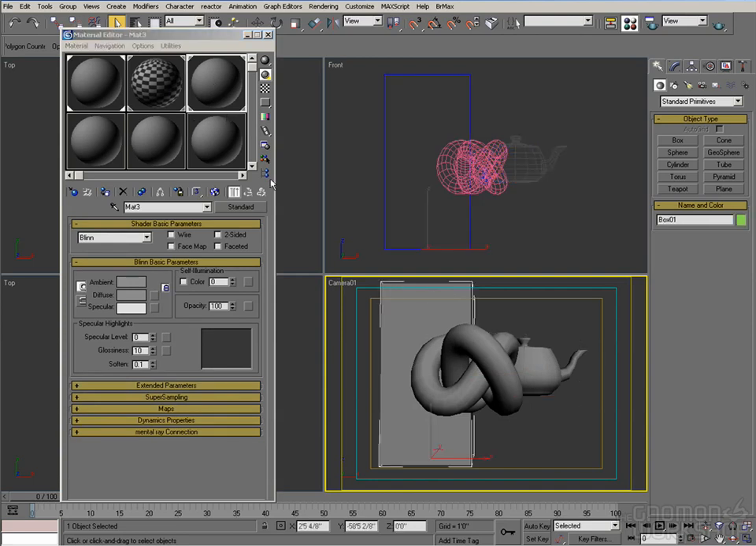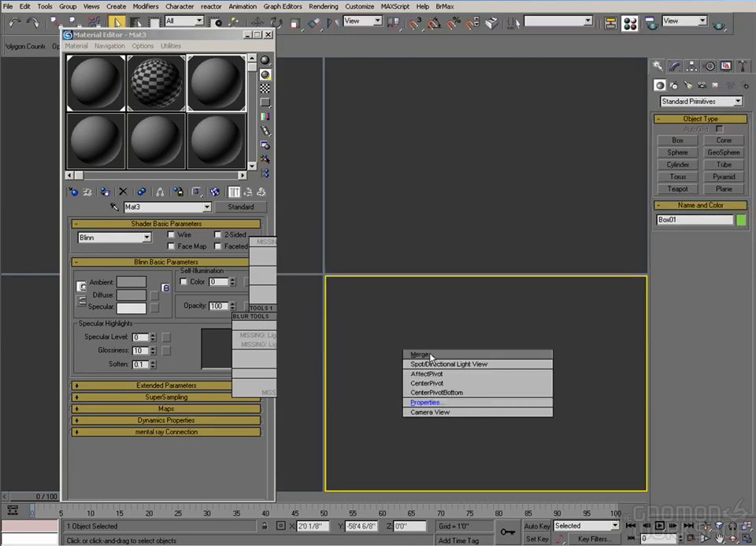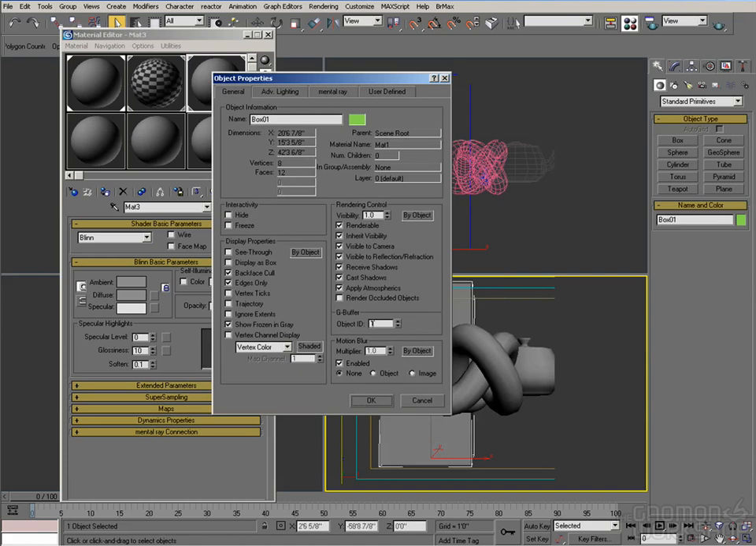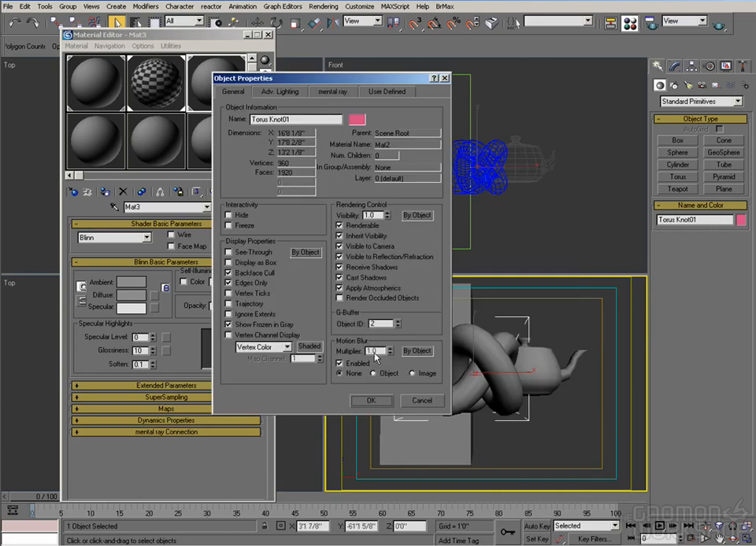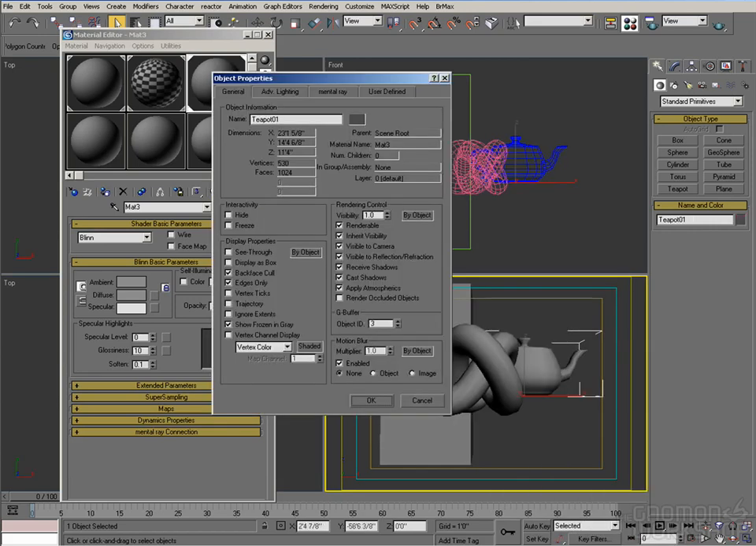Another thing, we'll come back to that in a second. There's a little more to it than that, but if we take a look at the properties of these objects, one of the things you'll notice is the gbuffer object ID, which is set to 1. Normally this defaults to 0, but I've already gone in and set this up a little bit. So the box has an ID of 1, torus knot ID 2,